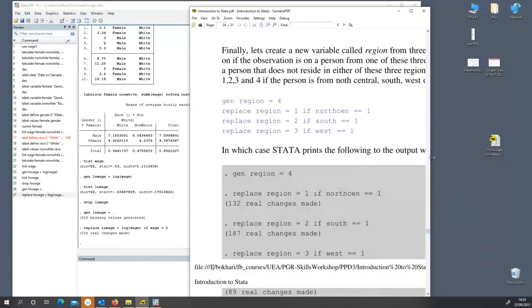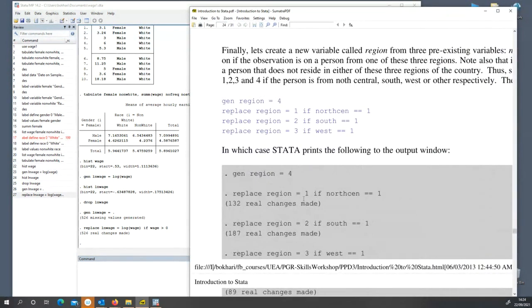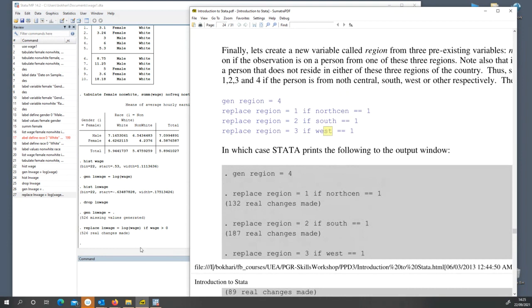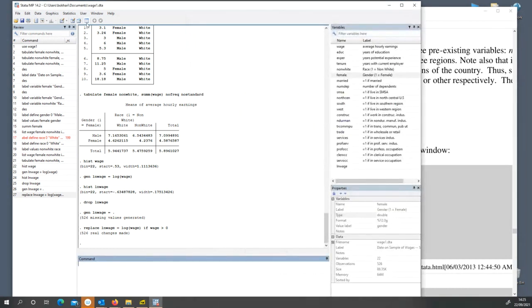Here I'm creating some extra labels. Another example, I'm creating a variable called region equal to 4, and then I'm going to set its value equal to 1 or 2 or 3 so that everything is not 4 if either north central is 1 or south is 1 or west is 1. What am I trying to do over here? If you look at these variables,